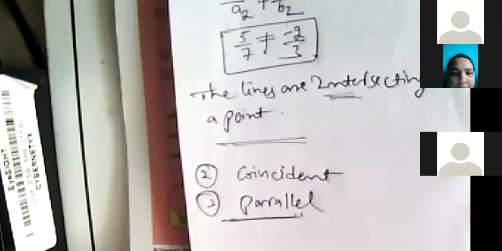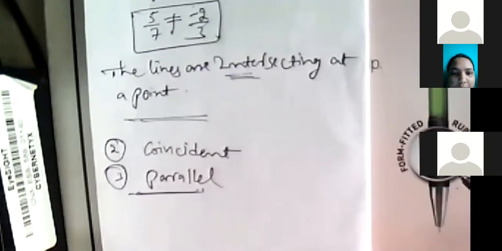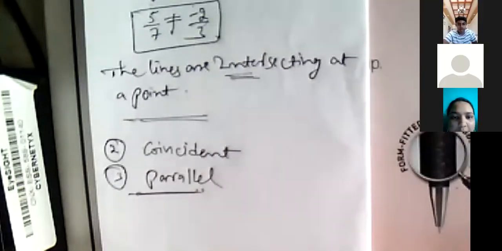Did you understand this type of problems? They are very simple problems and also 1 mark problems. Next, we shall solve similar problems. Similar problems means comparing the ratios. In the second main heading, what we studied, we compare the ratios and finally write the conclusion. They are intersecting, or maybe parallel, or maybe coincident.